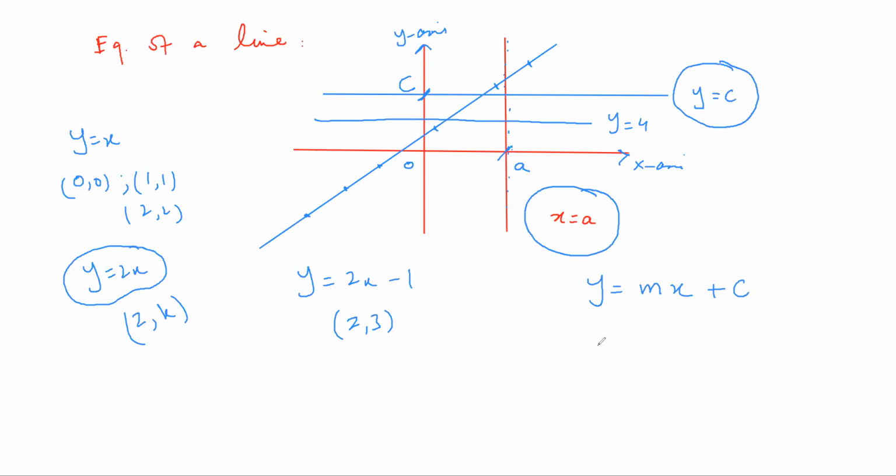Now, there is a quicker way of writing the equation of a line, that is y minus y1 equal to m into x minus x1. Let me tell you where we get this formula. Suppose there is a line like this, and on this line we have a point A, which is x1 comma y1. There is a point B, which is x comma y, and